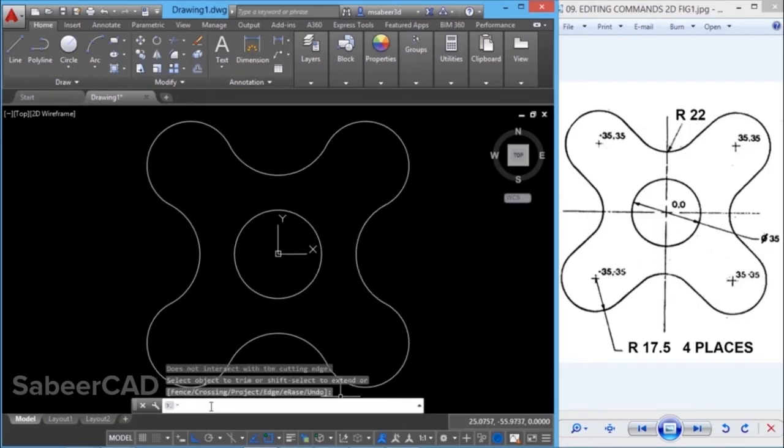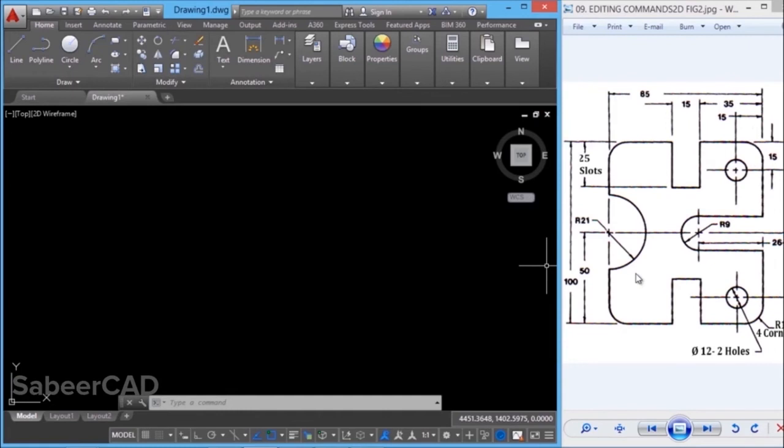You can also make a try so that you will get hands-on experience in applying and practicing these commands. Next we will try this figure. This figure as well as the previous figure is attached below this video. You can keep the cursor on the respective figures, right click and save the images in JPEG format for easy access.